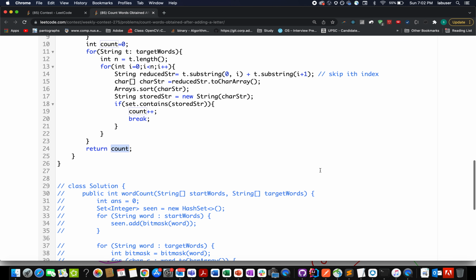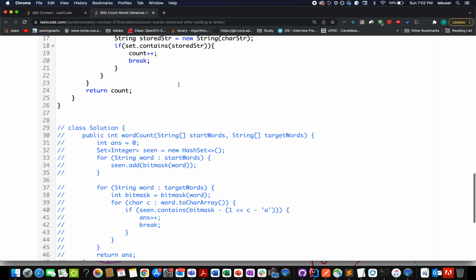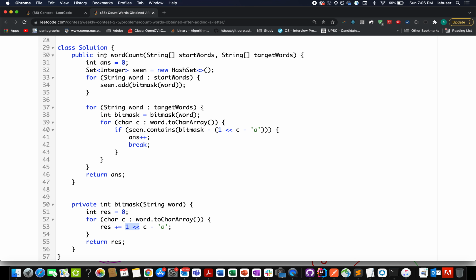Accepted. Now you'll ask me, is there any other way or approach in which we can avoid this sorting logic? The answer is yes. And that approach is nothing but bit masking. Here I've created the answer variable for storing the answer. I've created a seen set that represents the bit masked value of each string that is present, casted into an integer format. And I'll talk about this bit mask operation, but for a second, let's complete the algo.